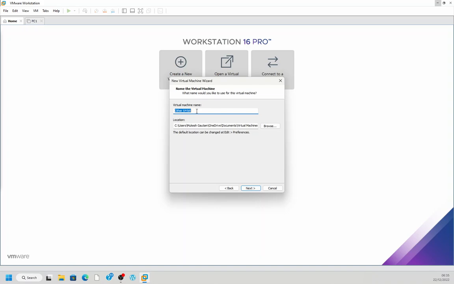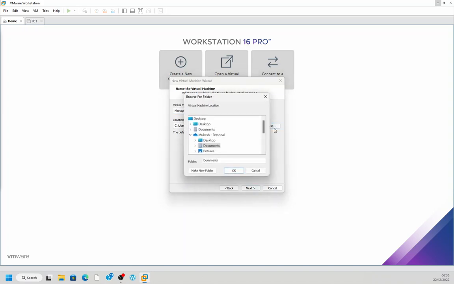Please provide the virtual machine name. This virtual machine name will be nothing but your machine name or the host name, what you say in your lab environment. In this case it will also be the name of the folder where the virtual machine files are stored. Because here we are going to install the management server first, I am putting that name, management,